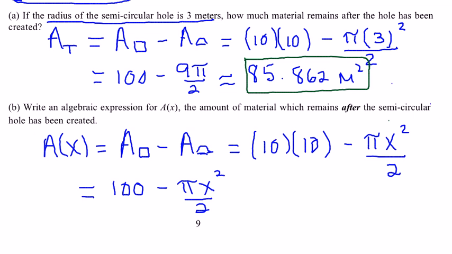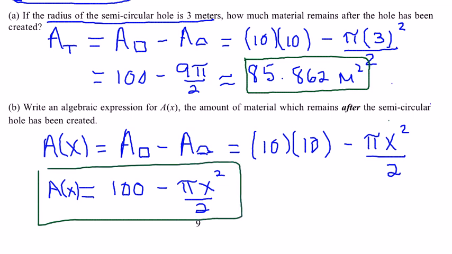Okay, so A of x is going to be 100 minus pi x squared over 2, and that is all that it's asking me to do. Okay, so in the next part I'm going to do the remaining problems, C through